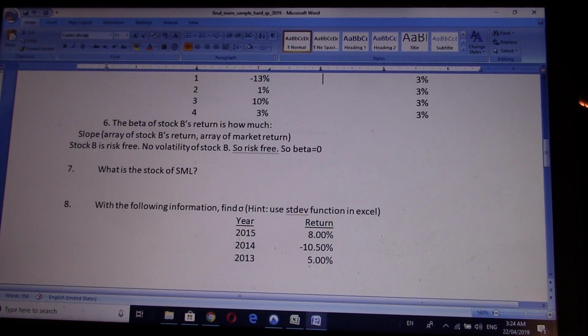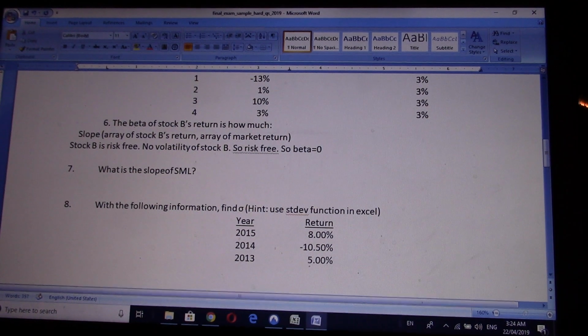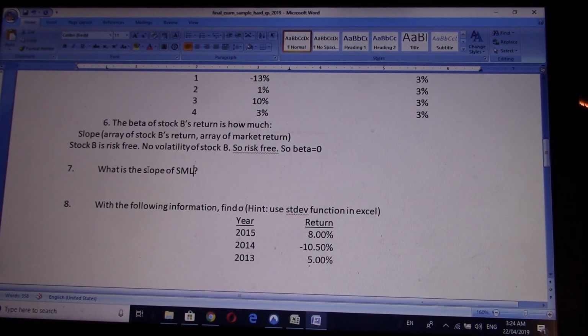Question number 7. It's a typo here. So what is the slope of security SML? SML stands for